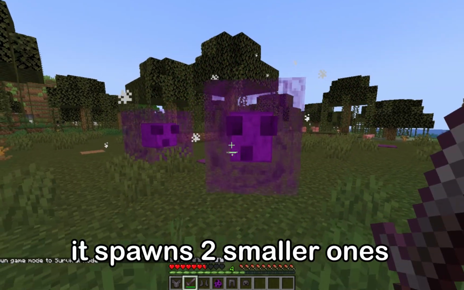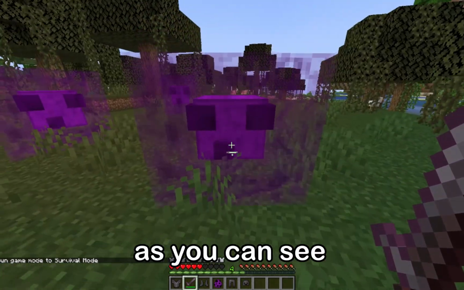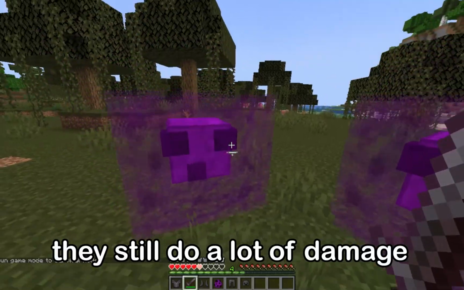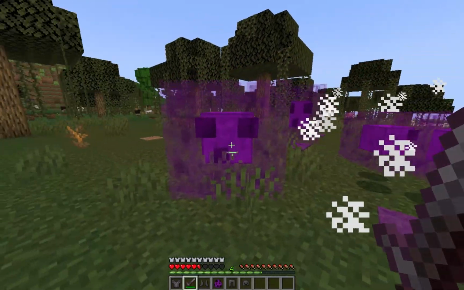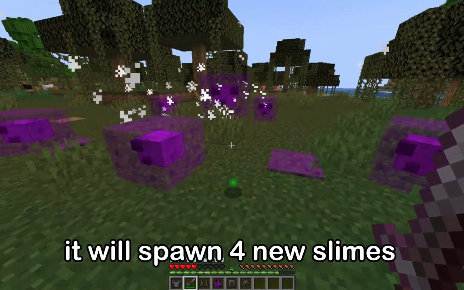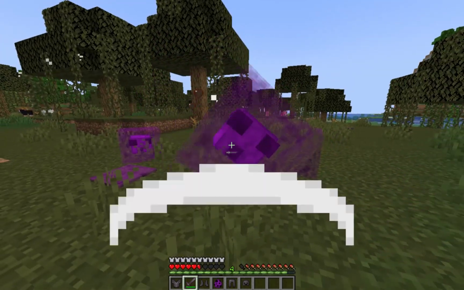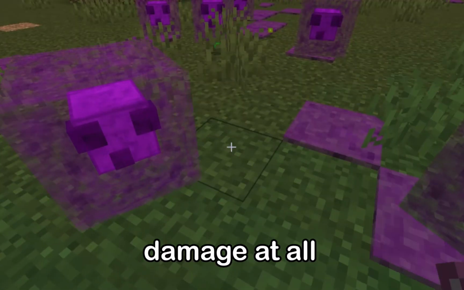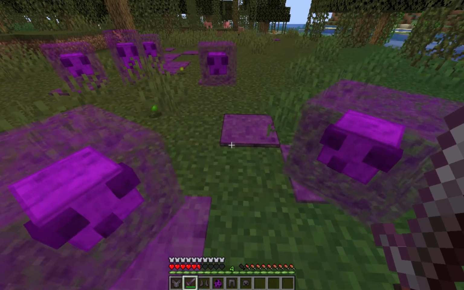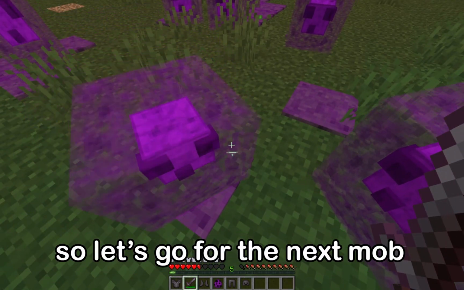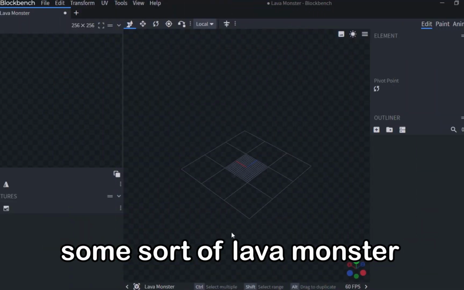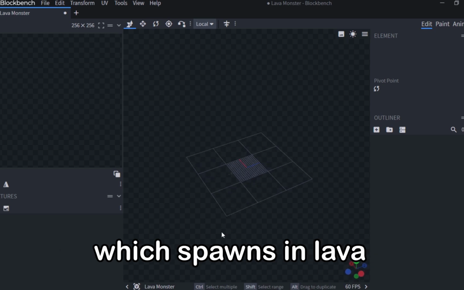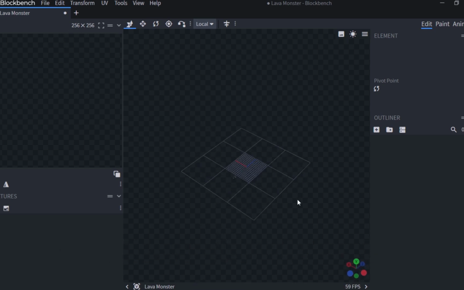As you kill it, it spawns 2 smaller ones, as you can see, and they still do a lot of damage. And if you kill them, it will spawn 4 new slimes, which don't do any damage at all. So let's go for the next mob. For the next one, I wanna add some sort of lava monster which spawns in lava, so let's start by